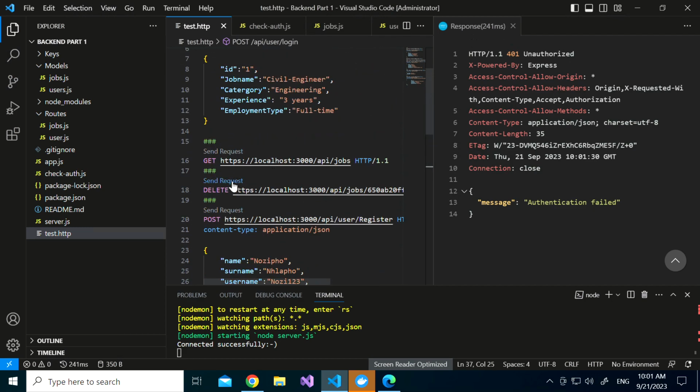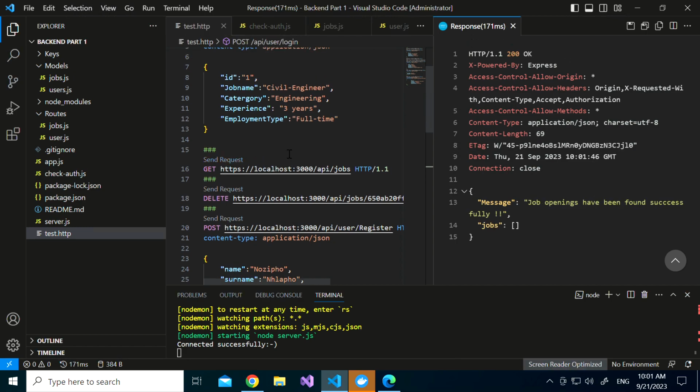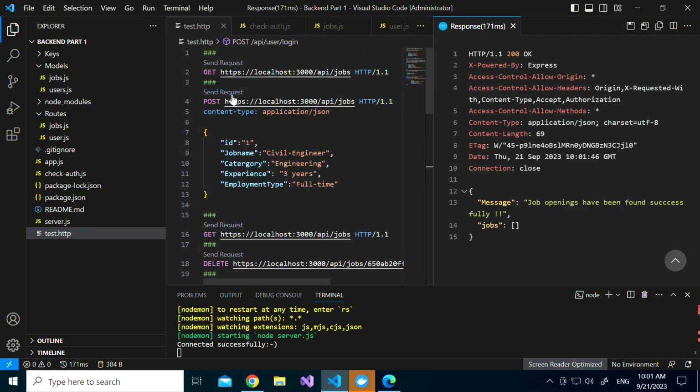I also created methods here. So if I tried to send a request here, I had not logged in yet, so it wouldn't allow me to log in without